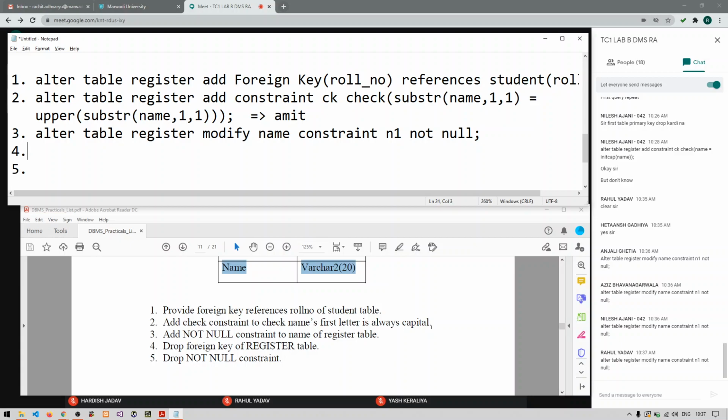The fourth query, drop foreign key constraint from the table. Drop foreign key constraint of the register table. Give me the answer. You know how to drop it.